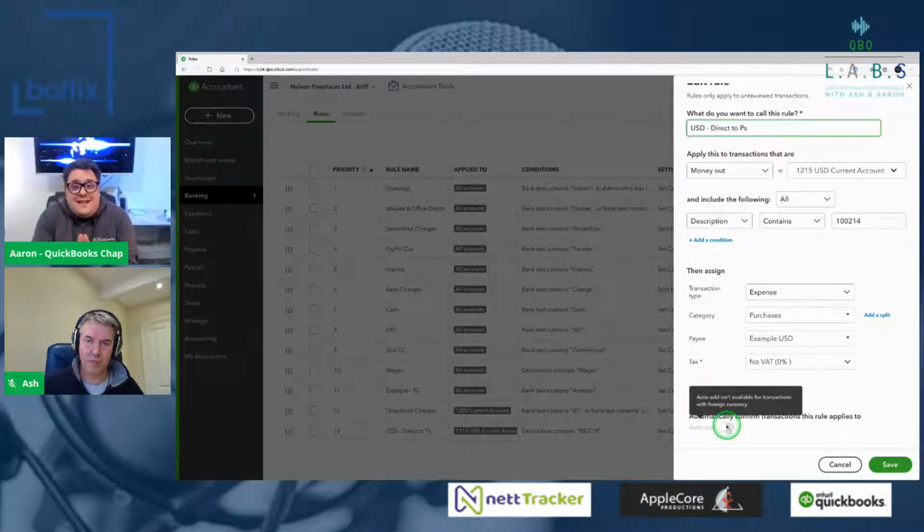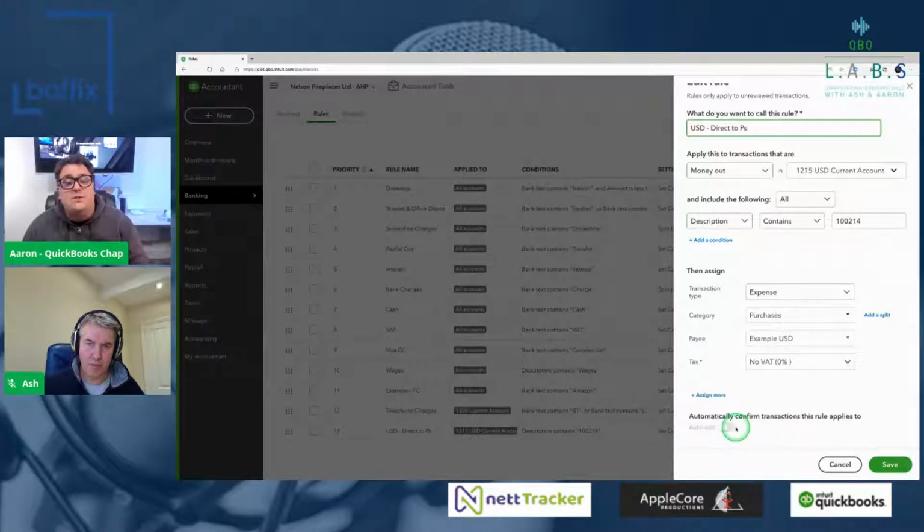The automatically add section is a really useful feature where, as soon as it hits the bank account, you can make it so the data automatically goes into QuickBooks without you having to do anything. If you've got multi-currency turned on, you lose the functionality to do automatically add. So it's something to be really aware of.